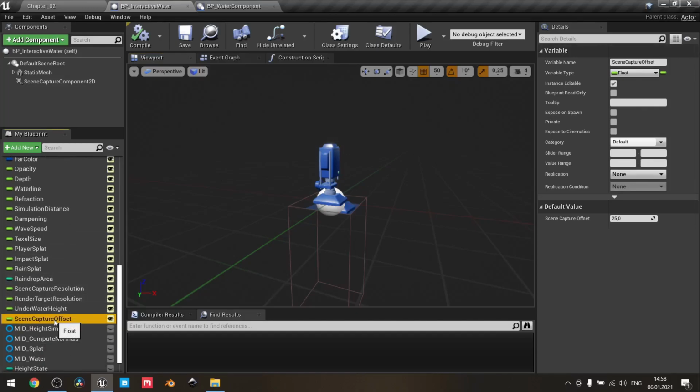Next, scene capture offset, and this is used with the clip plane of our scene capture component to actually